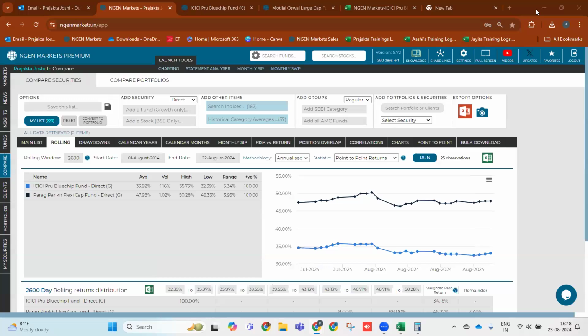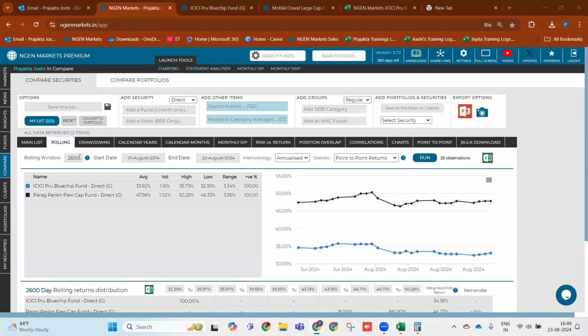All right, there's another question in the chat box which asks a clarification. If the data is less than 1 year, do we need to select absolute or annualized? Typically, if the holding window, or rather the rolling window that you're putting, is less than 1 year, and you want to see the actual time period returns, so let's say you're putting